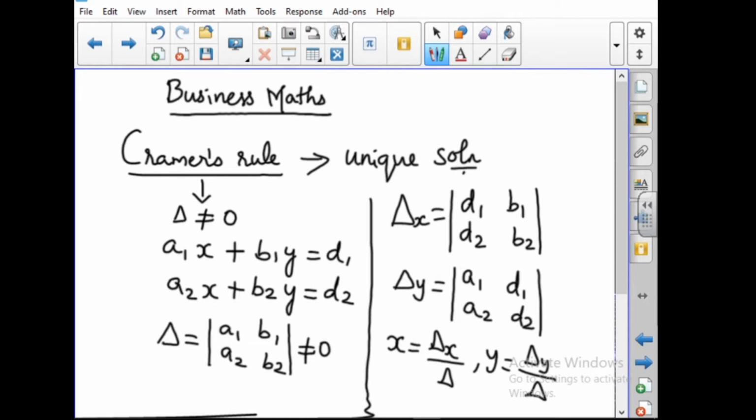If you have three unknowns, we have to go with the 3 by 3 matrix and find the determinant value for 3 by 3. In place of the x coefficient you replace the constants to get delta x, in the y coefficient you replace the constants to find delta y, and in the z coefficient you replace the constants to find the z value. I have given the example for only two equations with two unknowns. For Cramer's rule, the number of equations should always be equal to the number of unknowns.